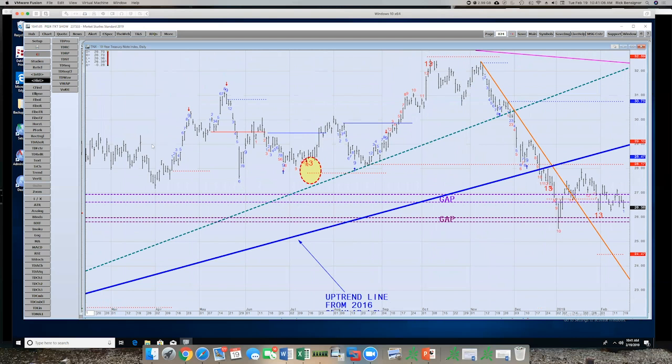But one of the things I also mentioned at the start of this is I also want to show you some sister models to sequential. So this is with standard sequential settings. There's also a setting called aggressive sequential. Aggressive sequential counts similarly, but not the same way. The 9 count in blue, the setup count, is still the same. If a market's moving up, it's 9 consecutive price bars where the close is above the close from 4 bars earlier, then followed by 13 bars. But instead of 13 bars where the close needs to be above the high from 2 bars back,